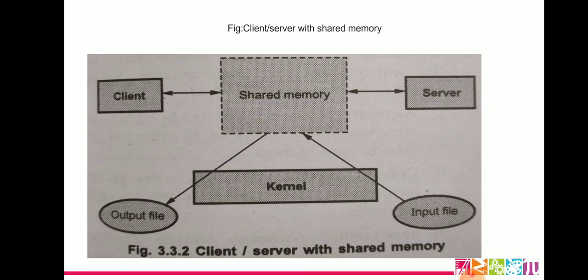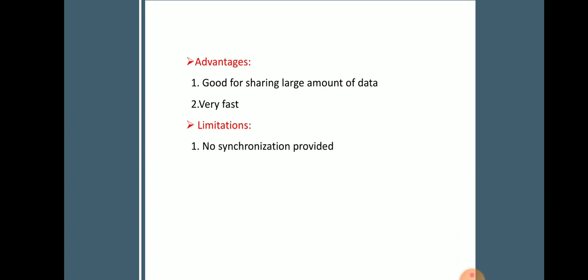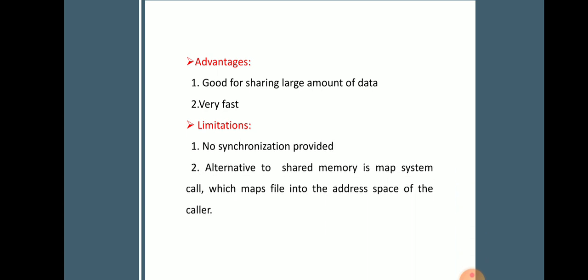Now what are the advantages and limitations of shared memory? The advantages are that it is good for larger amounts of data and very fast. The limitations are that no synchronization is provided, so the application has to create its own. And second, shared memory uses the map system call, which maps the file into the address space. Now next one is